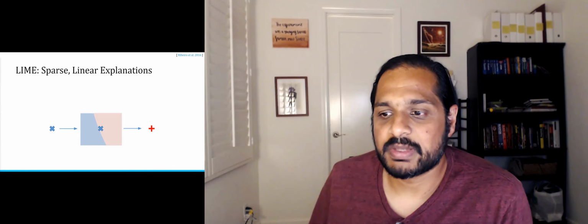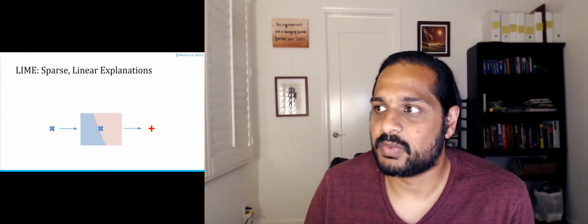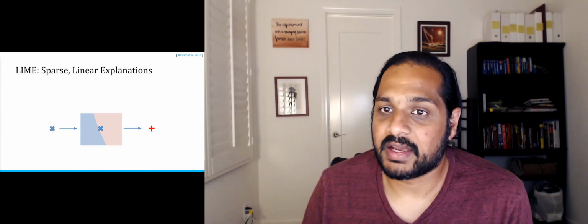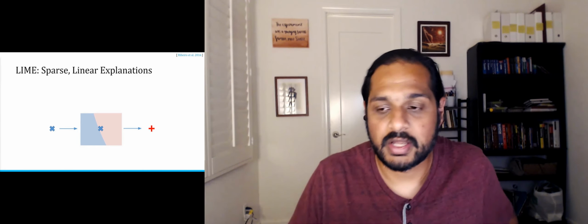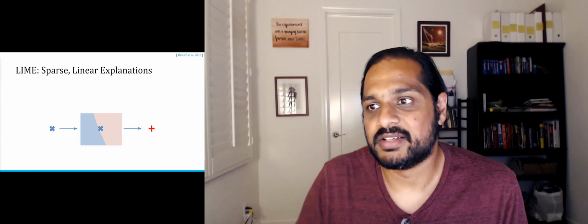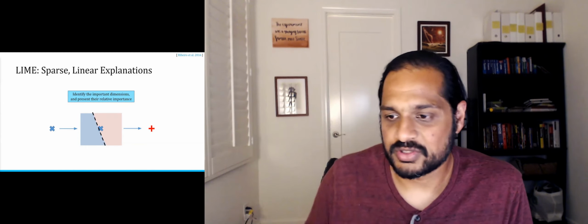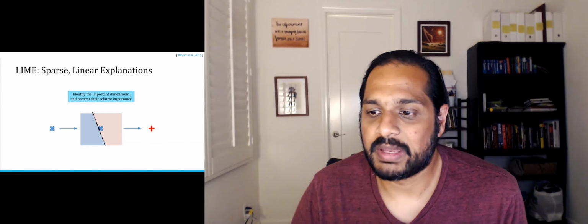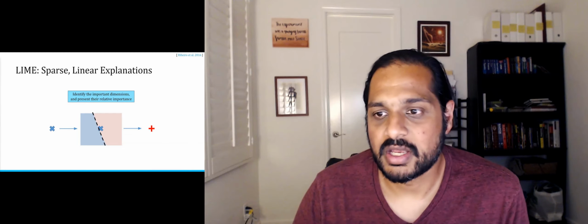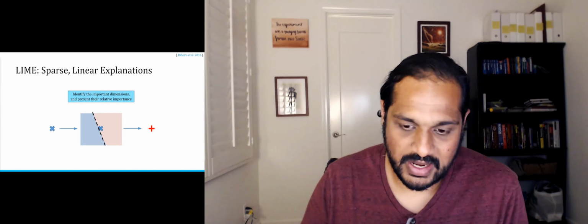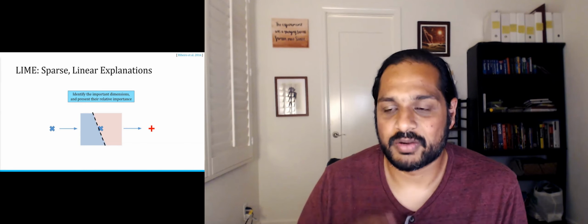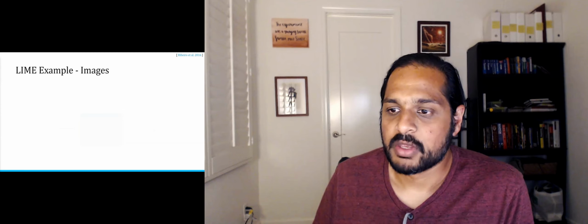Okay, so the first method I'm going to talk about is called LIME, which we introduced 5 years ago, I guess, at this point. The idea here is to look at this local region, and this is an example, and try to approximate it with a sparse linear equation or a sparse line. And so this is what it looks like. The idea for picking a sparse line is to essentially identify the important dimensions, which is the sparse part, and also present their relative importance, which is what the linear part would be. Okay, so how do we actually do this?